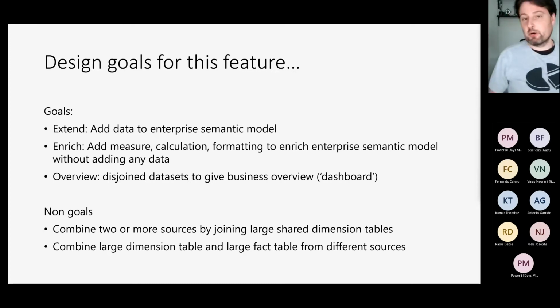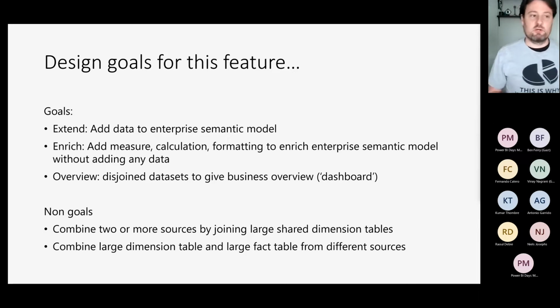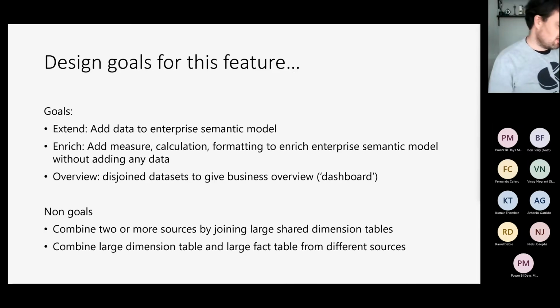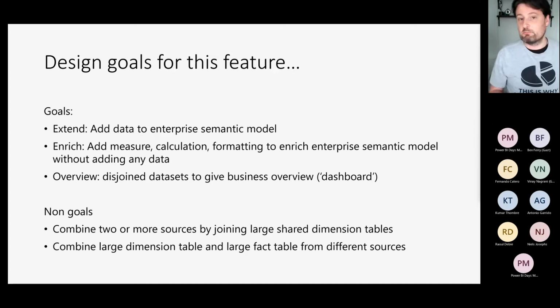Enrich is another scenario in which you don't actually add any data, but you change something about the model. For example, a format string. Here in the US, they have the stupid habit, I would say, at least for my European brain, to put the month first. So their date format is month, day, year. Not like it should be, smallest to largest: day, month, year.